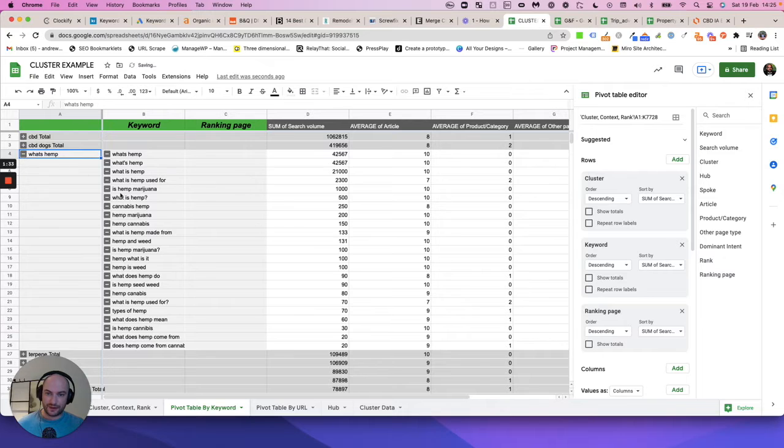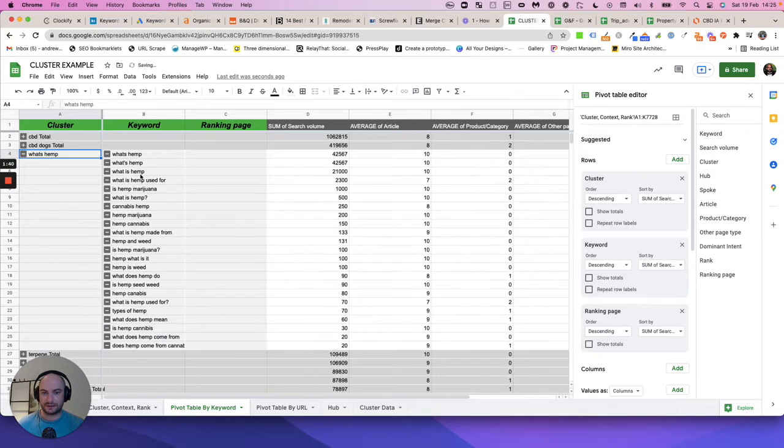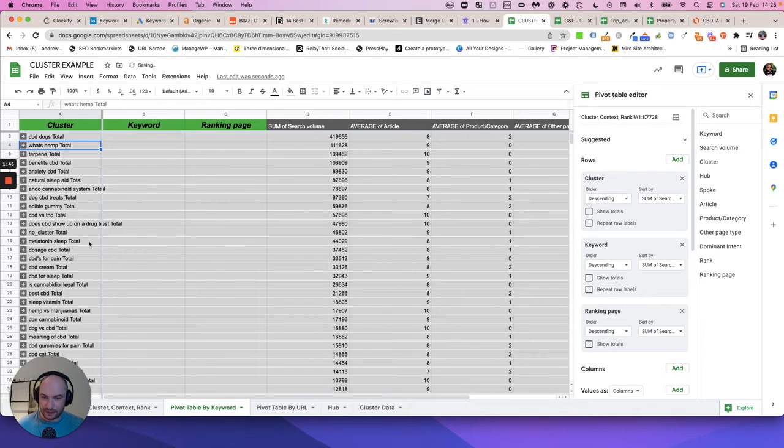Same with, let's just find another example. So that's predominantly, as you can tell, an informational query. This is obviously a blog. It's talking about what it is, what does it do, and comparing it. If we look at